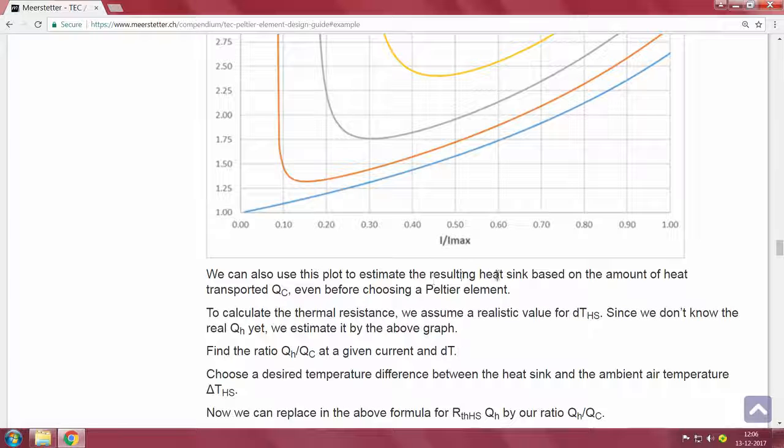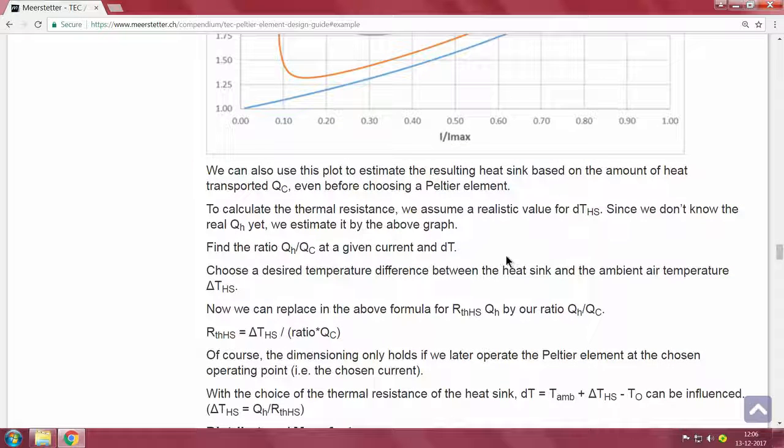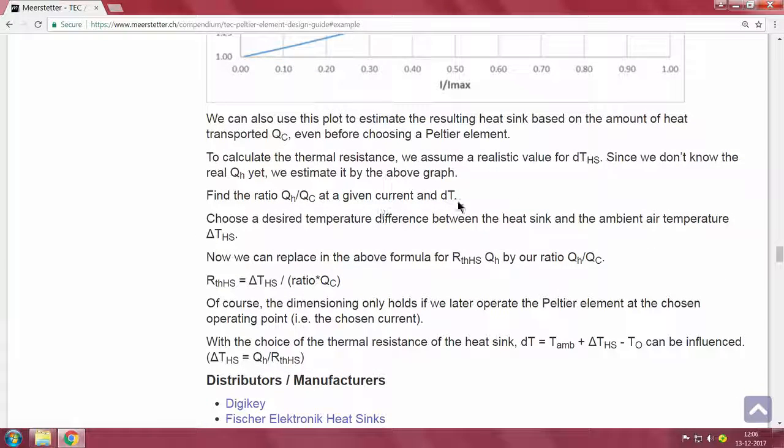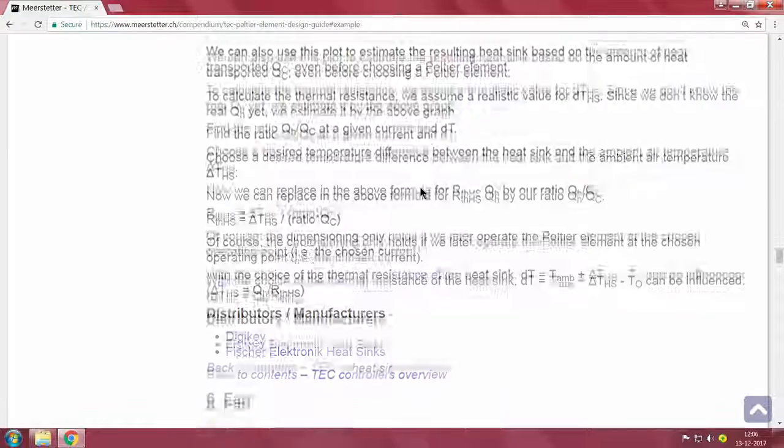We can use this plot to estimate the resulting heat sink based on the amount of heat transported even before choosing a Peltier element. To calculate thermal resistance, we assume a realistic value of delta T at the heat sink. Since we do not know the real QH yet, we estimate by the above graph, find the ratio, choose a desired temperature difference, and so on.